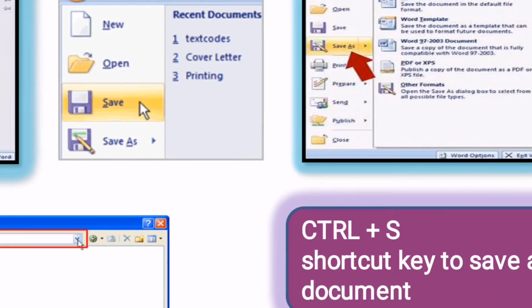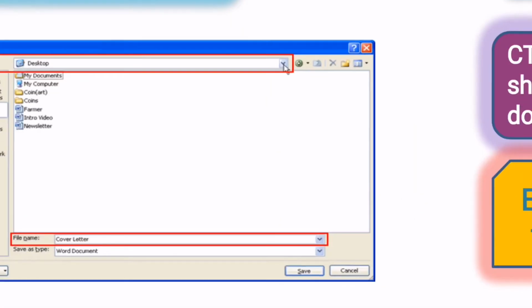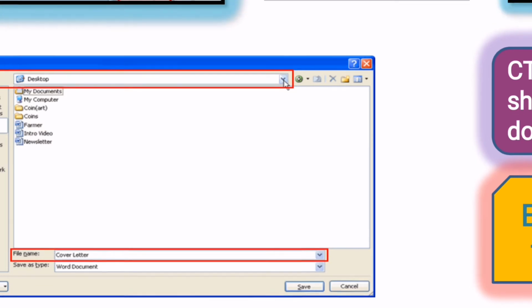Next, the Save dialog box appears. First you have to choose where you want to save that file, the path. Desktop or My Documents, or a particular folder, or in My Computer; whichever folder you want to save that file in will be chosen in this box. This folder box shows the path. Next, this drop-down box will tell you where you are going to save this file.